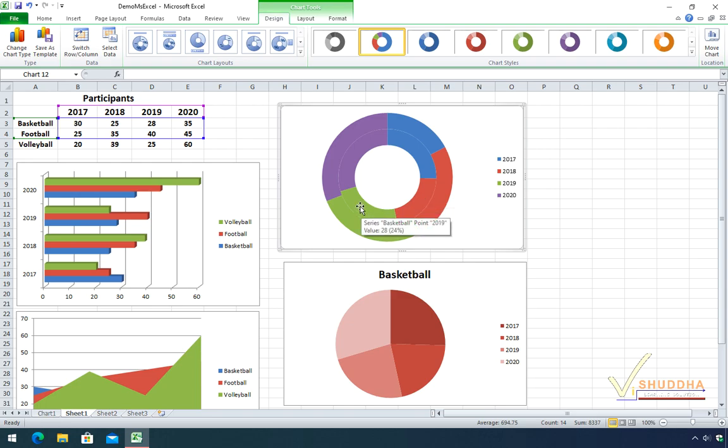Similarly in 2019 it was 24% with value 28, and for 2020 it was 30% and the value was 35. Similarly, you can see for football for 2020 the value was 45 with 31% of share.